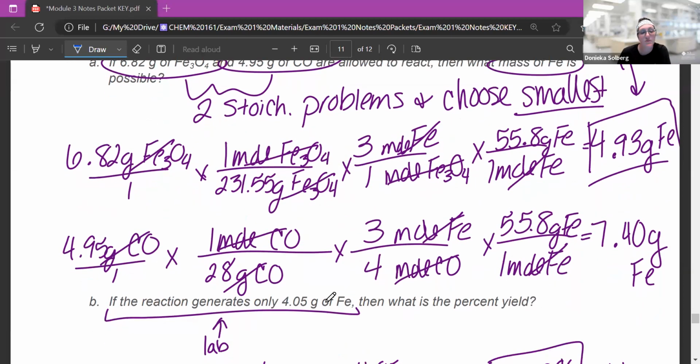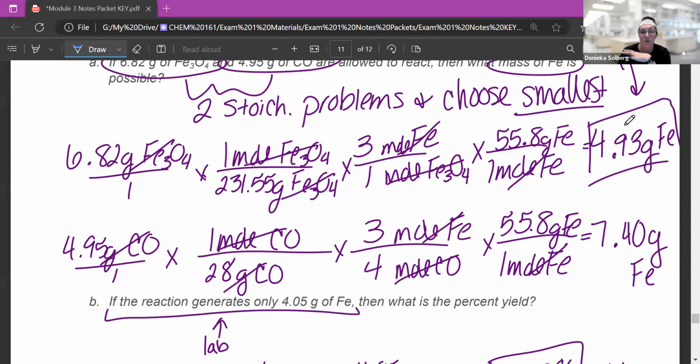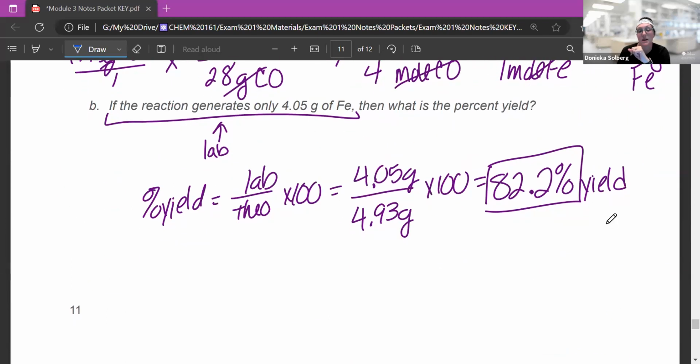Okay, so then I said if the reaction generates only 4.50 grams of iron, that would mean like if I did it in lab, this reaction generates or made this, what's my percent yield? Okay, the lab amount is not an amount you calculate. So you do your lab amount over how much you should have made times 100. So I would do 4.505 over how much I should have made based on calculation is 4.93 times 100. I got an 82.8% yield, which isn't terrible. That's pretty good, especially for an